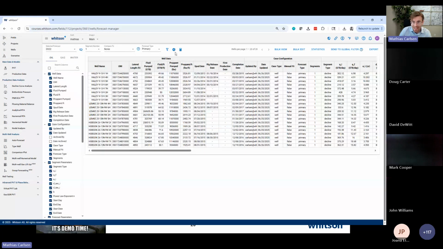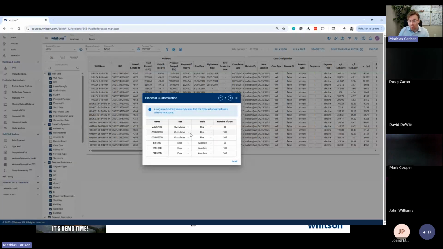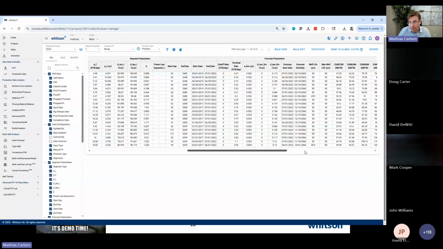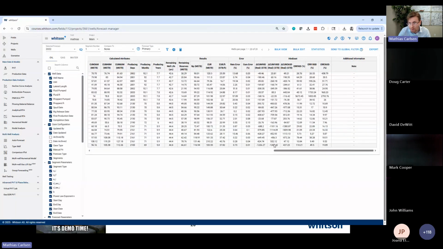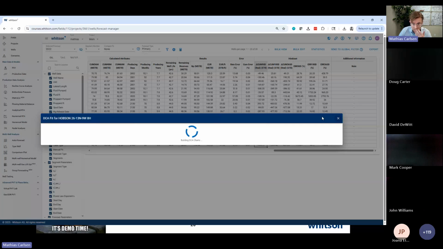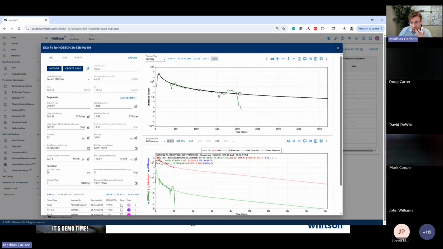If I wanted to do the hindcast customization run, let's say I wanted to look at the cume delta between my forecast and the actual data at 90, 180, and 365 days, just click save, and it calculates these parameters here for me. And I can, for instance, see here I'm over predicting by 1,200 barrels, and I can go in and inspect it here in the chart, and you'll see this is my forecast, and here, something has definitely happened with this well